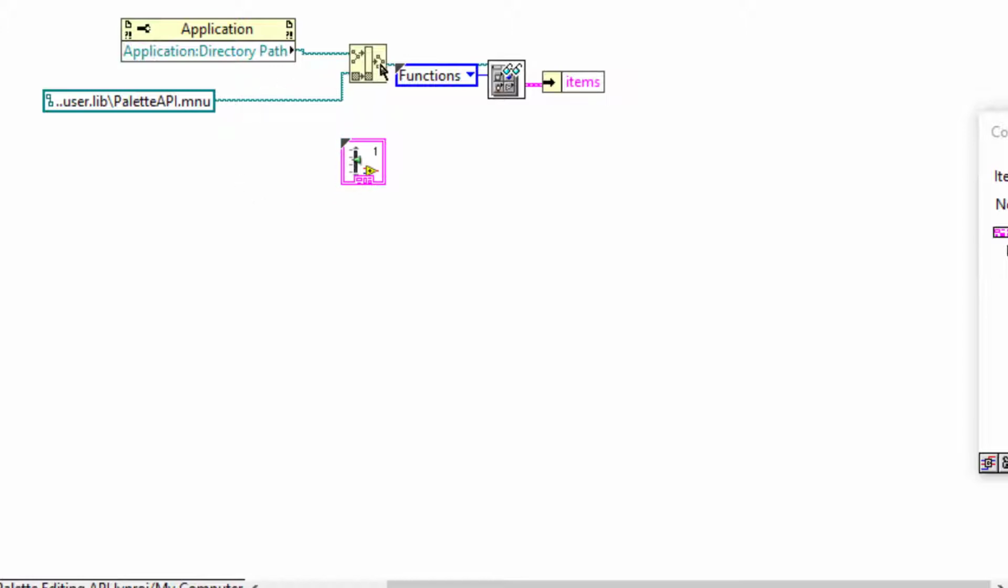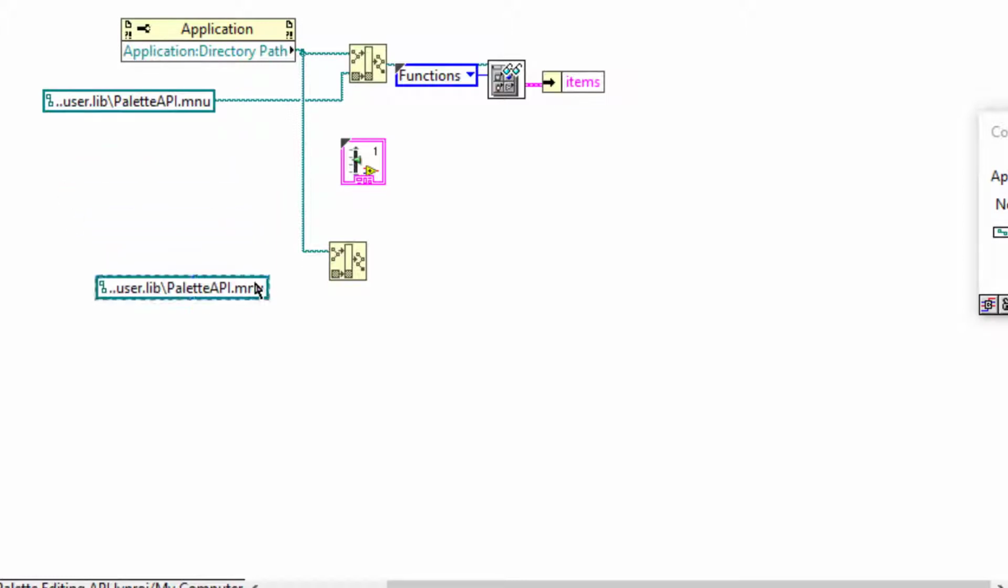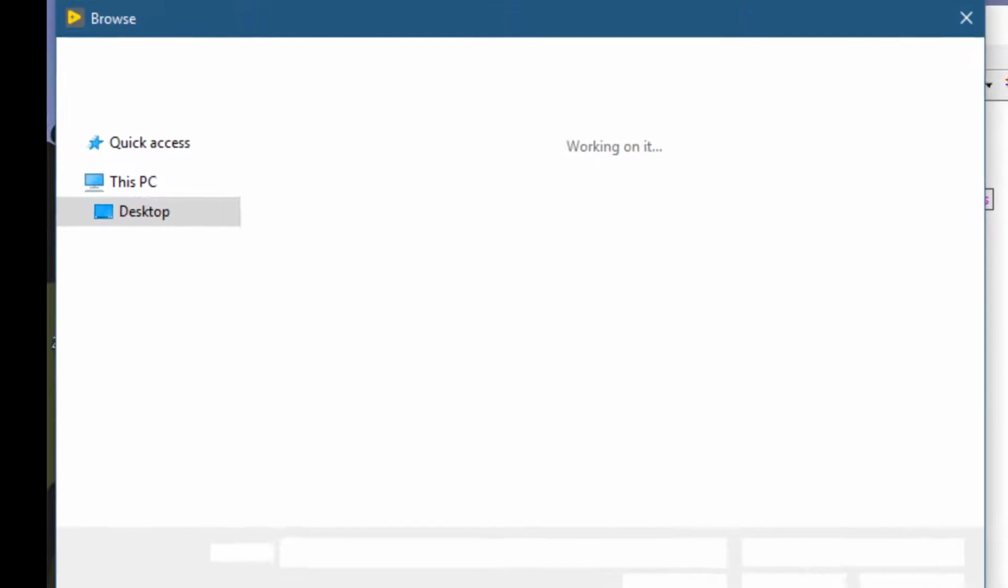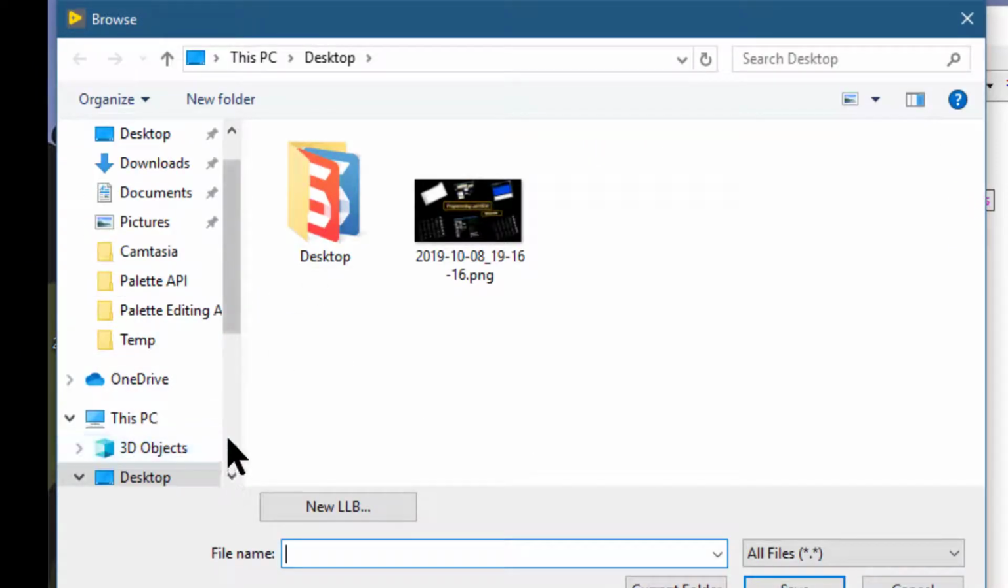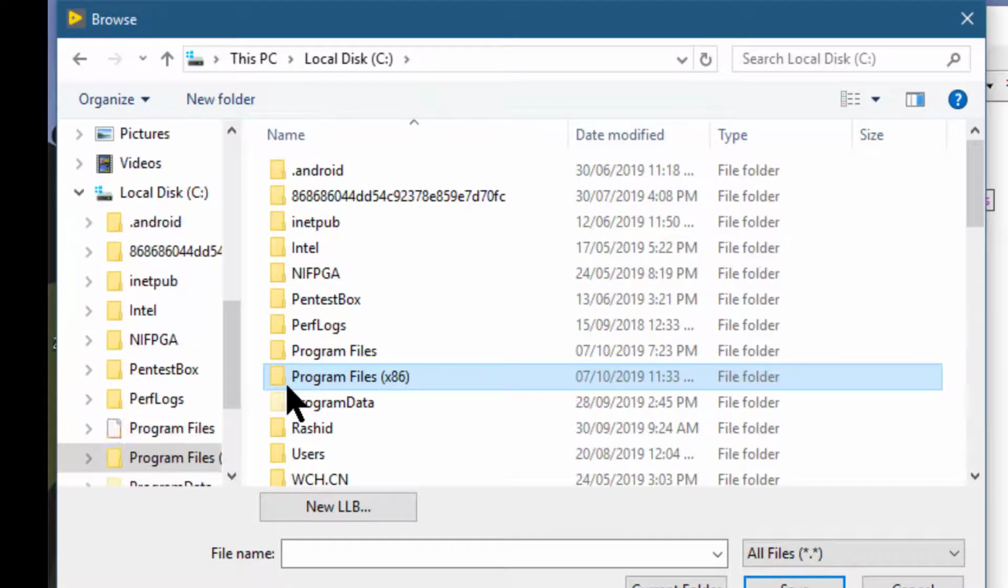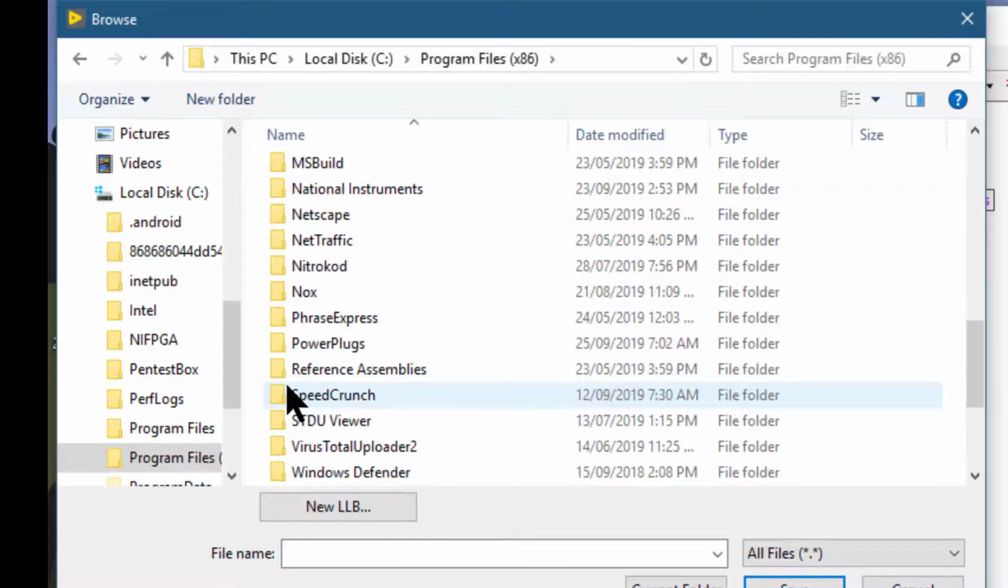submenu. So we will build a path to the LabVIEW application directory, and then we would point this to, in our first example, we will point it to an existing menu file that LabVIEW uses. Let's browse for path. Let's go to program files, National Instruments,